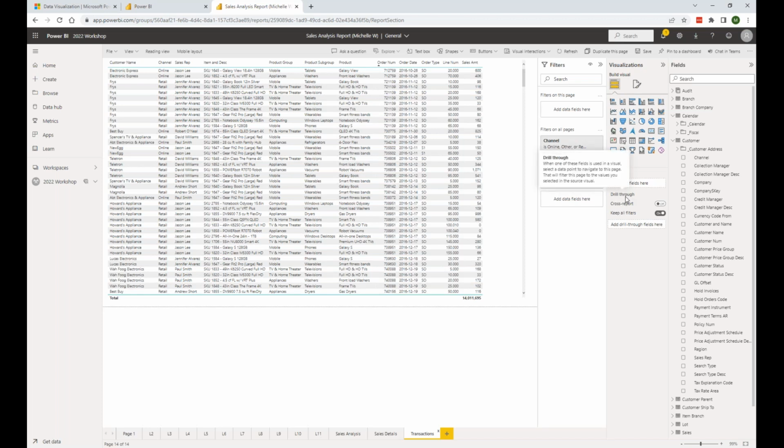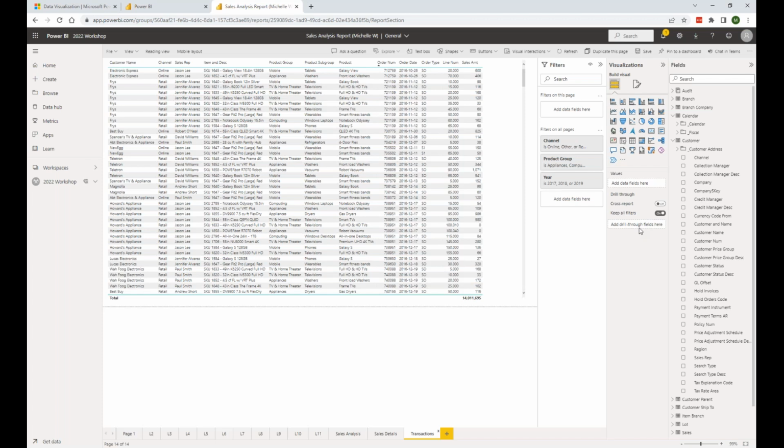What this does is as soon as we start adding fields in this section, those are going to be the values that pass, and it will turn on or trigger this functionality for us. Okay, so this is built into Power BI. There's not a lot we have to do other than tell it what fields we want. So all we're going to do is start finding some of those fields that we want for our drill through